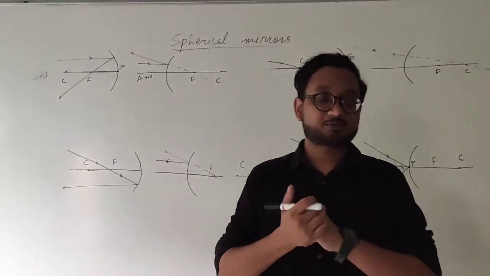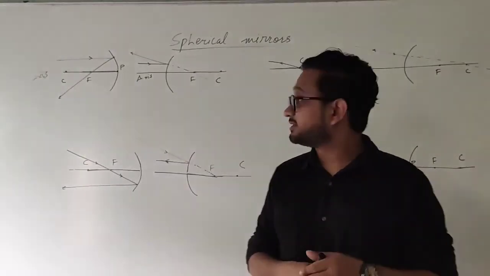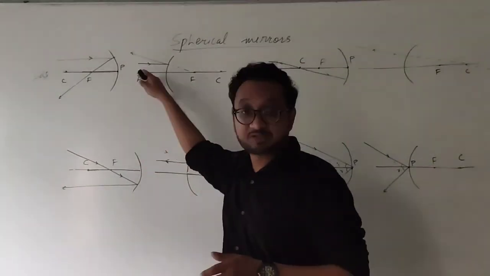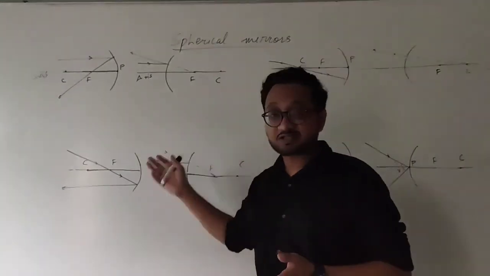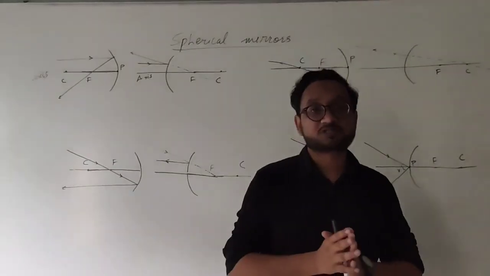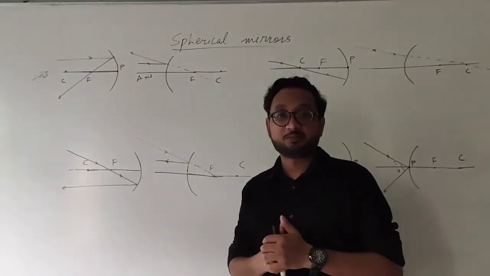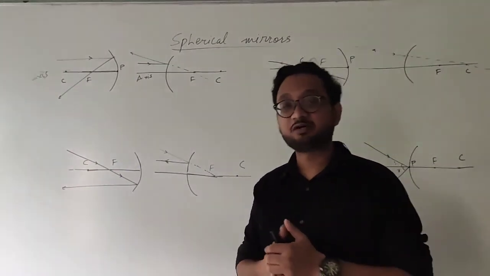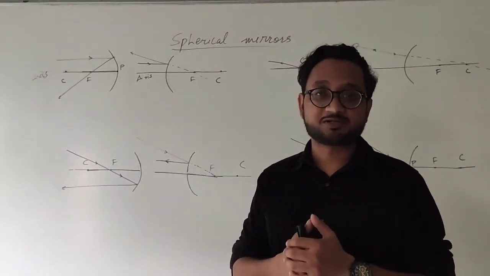Please do check your textbooks once again. They have similar diagrams. Okay, it might be that they have drawn from the bottom part of the principal axis or from the upper part. It doesn't make any difference. As long as it is passing through focus or center of curvature of the given points, they will follow the rules. These are the rules that you are supposed to keep in mind while drawing the images when we move further with the image formation of objects with the help of mirrors.